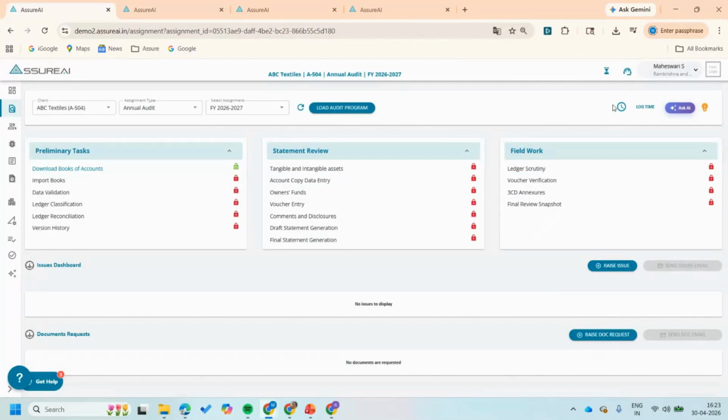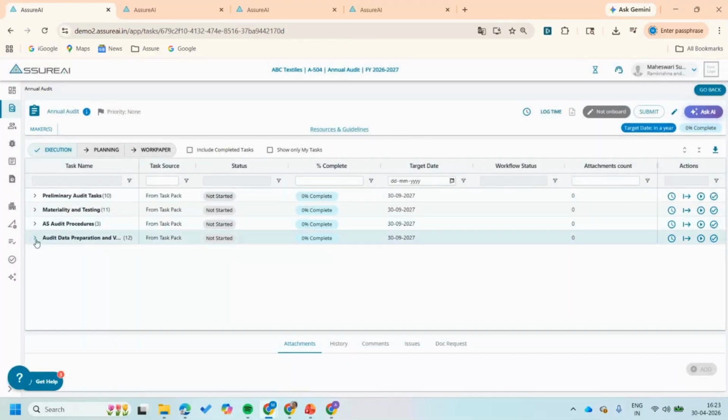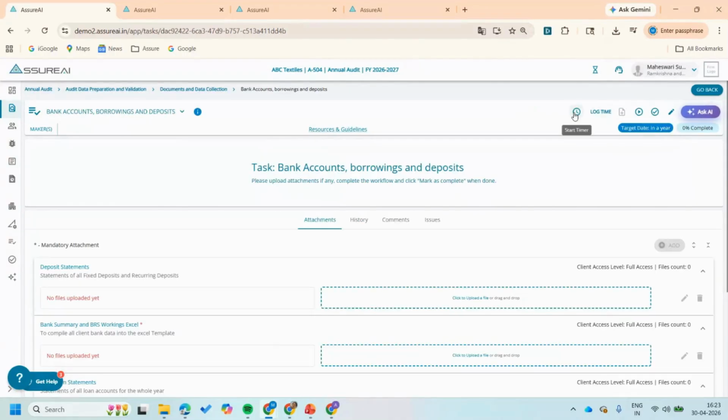Let us say you go here and you start working on bank accounts scrutiny. So you start this task, and when you start the task, you can just set the timer and the system will track the time for you. It is possible that you are multitasking and you don't have time to stop one task and go to the next, but you just want the system to track where all you have spent time, so that at the end of the day, you know where you have spent the time